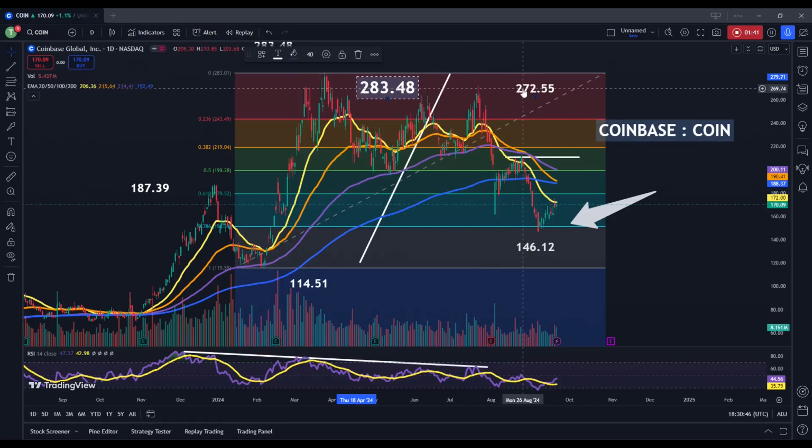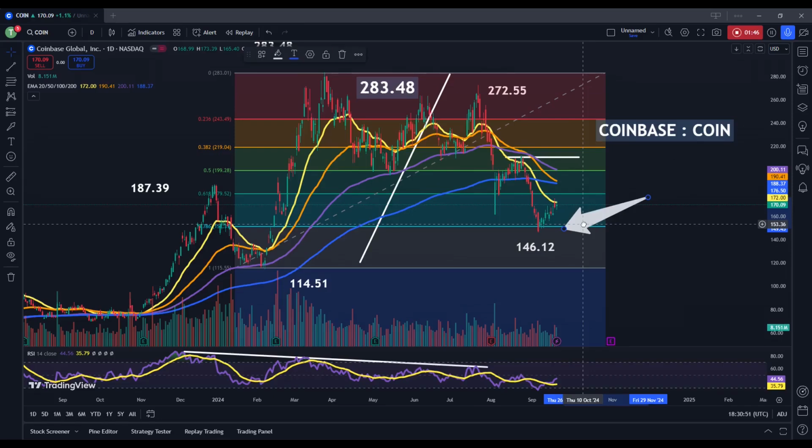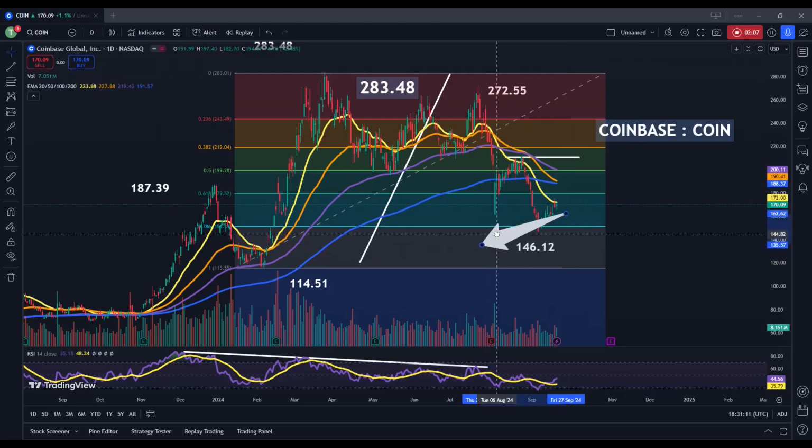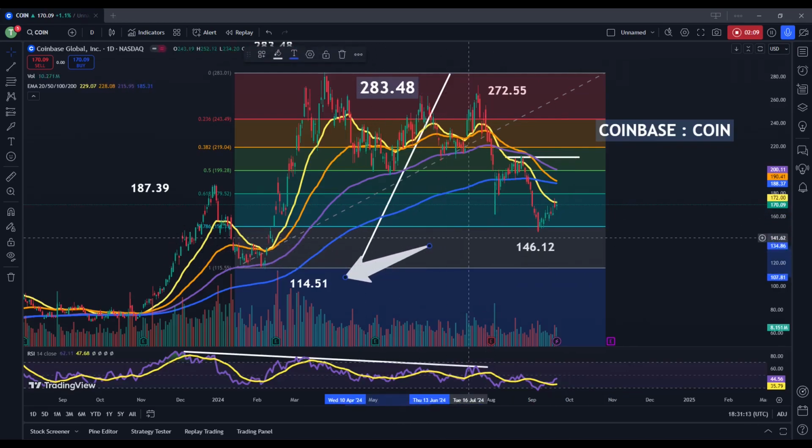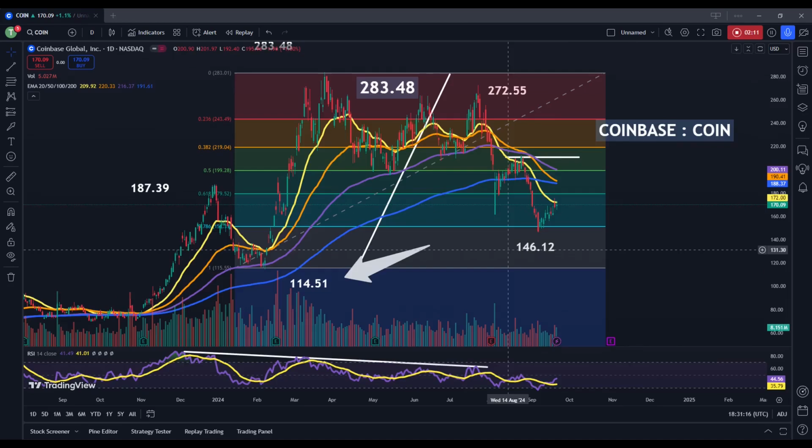We have since then seen a series of lower highs in the process, but what is interesting here and a possible positive for this stock is that share prices are attempting to find some support right at this 78.6% Fibonacci retracement. The reason I say this move is important is because if we were to see a major break lower here, and some sustained follow through, then we would most likely expect to see share prices retest these prior lows coming in at 114.51.